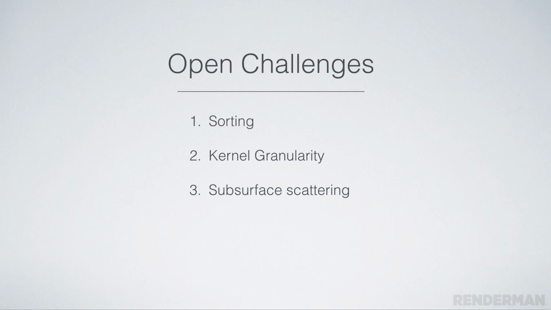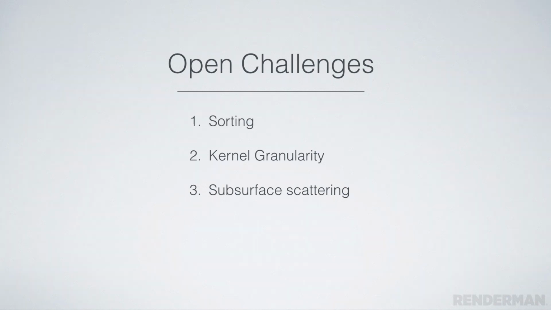So the first one is related to sorting and how we currently use it to improve execution coherency and memory coherency. But the effect that has on the rest of the renderer and the problems that we have when we use something like sorting. The second is kernel granularity, so how finely grained do we split up the